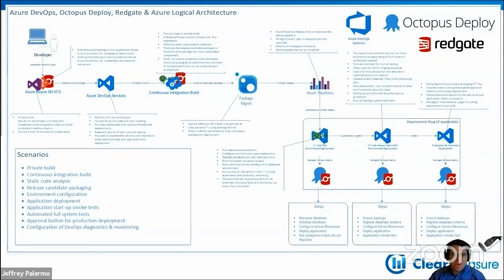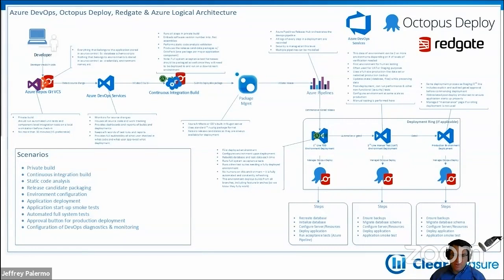Your continuous integration build shared amongst the team. Static code analysis, one of the 3 big quality and defect detection methods. Release candidate packaging, environment configuration, actual deployment of the application, application startup smoke tests and built-in self-checks, automated full system tests in a fully deployed environment,